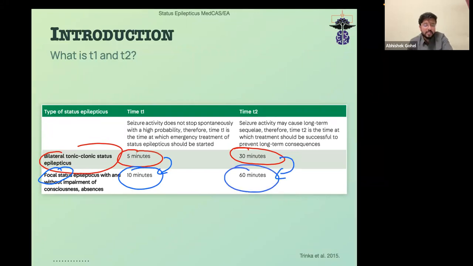So we do have some gap when it comes to a focal status epilepticus, but that gap reduces by half when it comes to a generalized tonic-clonic seizure, which is anyway more likely to be presented to casualty in your emergency department. Focal status epilepticus, when they come with impairment of sensorium, they also present to the casualty,